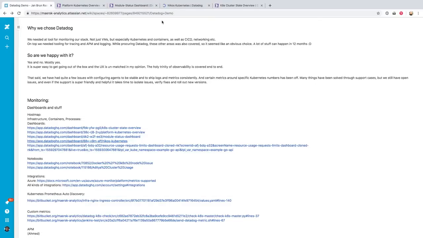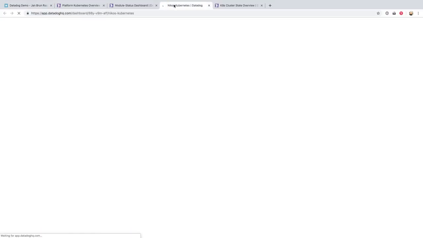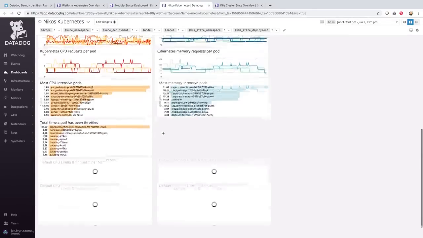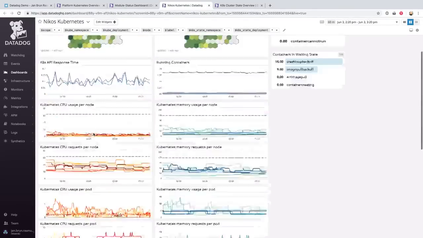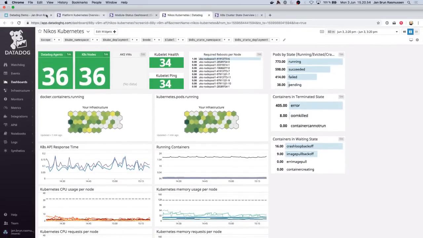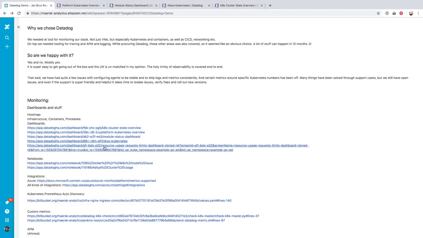Let's see this one, whether that's the one I want to show. Yeah, that's basically the same we had before. It looks a bit nicer, thanks to Nikos for prettying it up. The one I actually wanted to show was this,